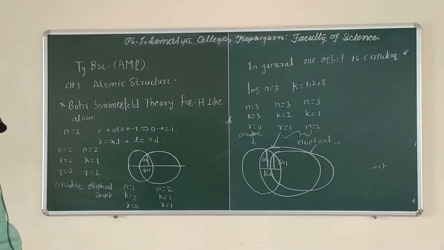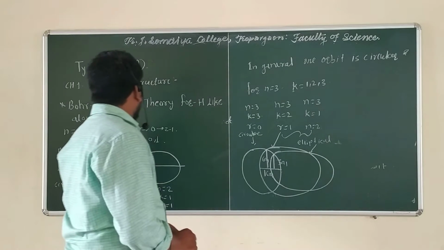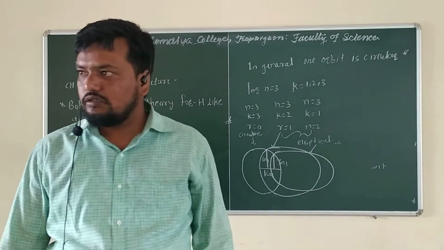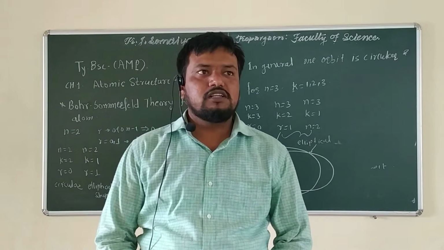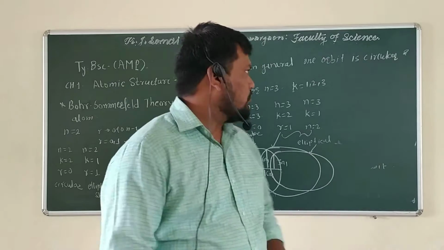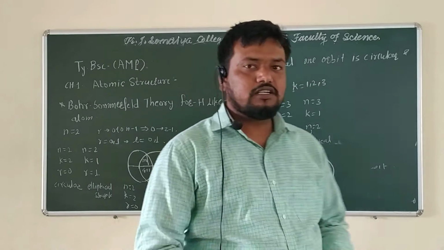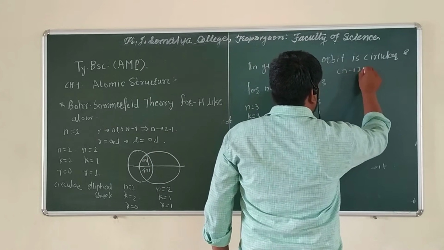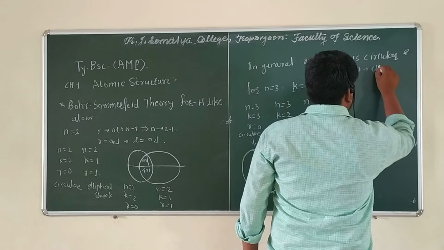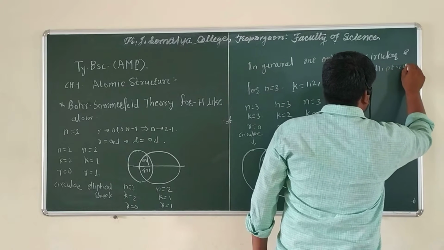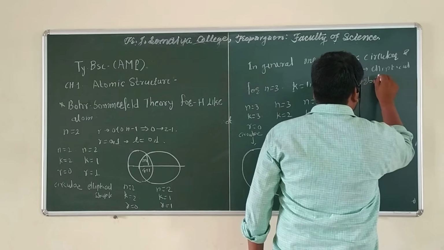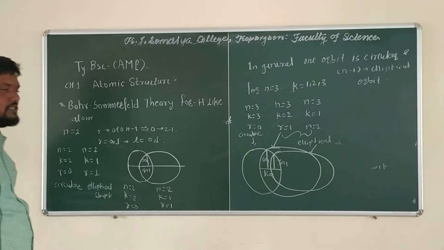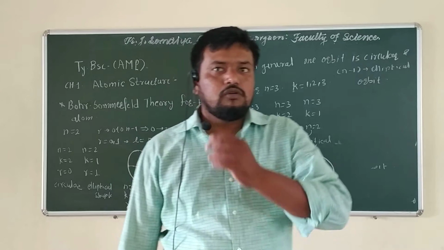Last lecture we saw the Bohr and Sommerfeld theory for hydrogen-like atoms, and we considered the orbits. In general, one is the circular orbit and the other is the elliptical orbit, given by the condition n-1. And we have to see that if we take n equal to 1, then the value of r is